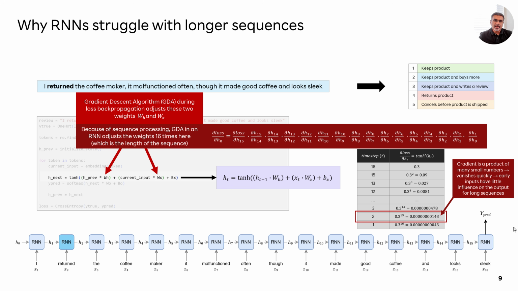And one of the reasons why that happens is because the relationship between the current value and the prior value is multiplicative in nature. You're multiplying the previous value with the weight matrix to get the new value. Because of this multiplication, and because the derivative when you're doing gradient descent is always going to be a fractional number, since the tanh derivative is always between 0 and 1, you will see that as you multiply backwards, this is going to get very, very small.